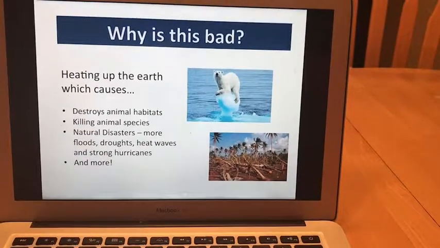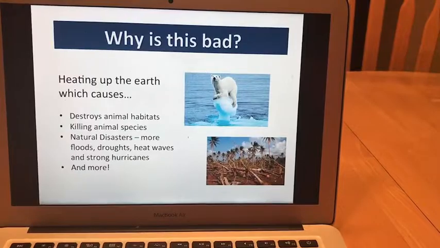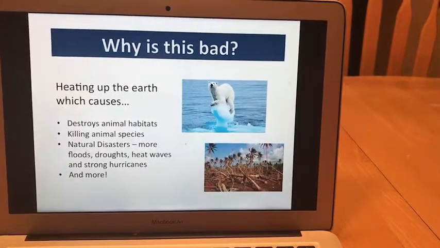And there are many other reasons why heating up the Earth is bad, but these are just some of the most important ones. So we've been talking about this thing of carbon footprint and a person's carbon footprint. So we're actually going to calculate each of your guys' carbon footprints today. We're going to be using a website that asks you a bunch of different questions about how you travel and